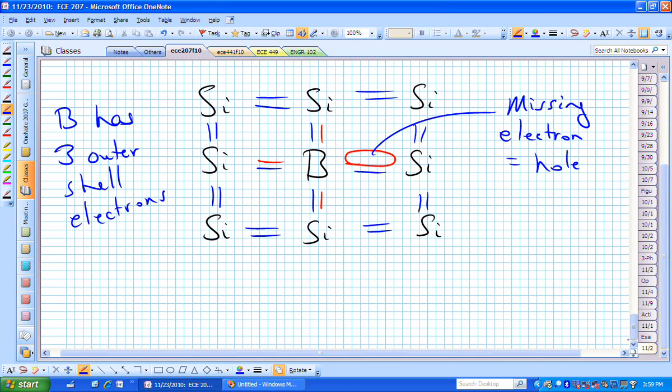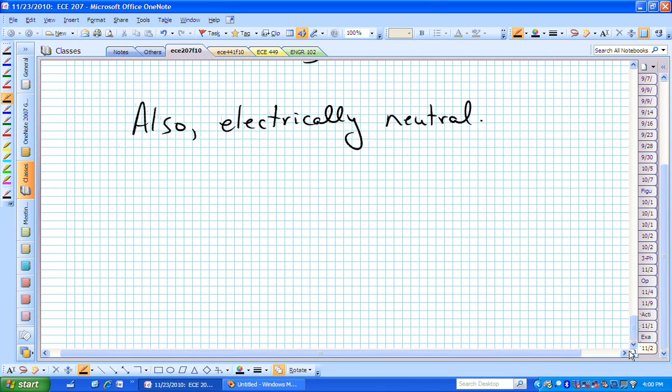This whole system is still electrically neutral, but it has these nice properties where it's now missing an electron in the outer shell, or it now has an abundance of holes, whereas a phosphorus or a type 5 material has an abundance of electrons. What we want to do is, now that we're in this chemistry kitchen